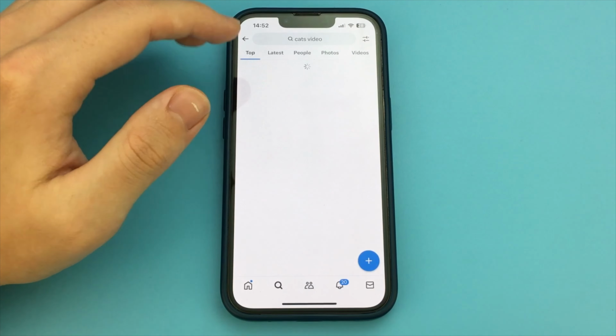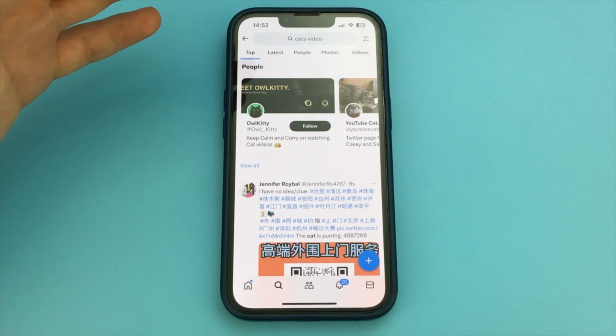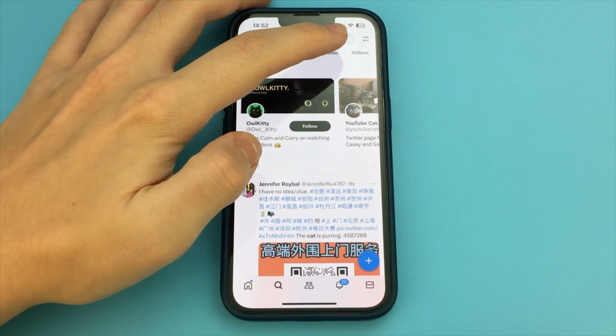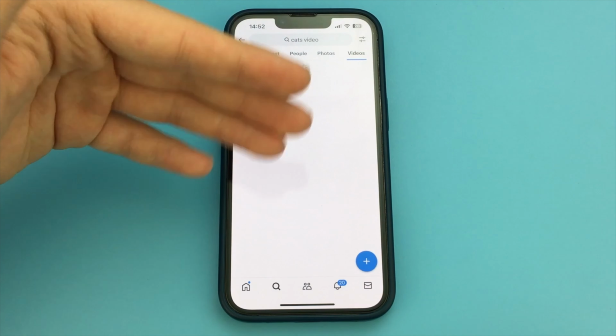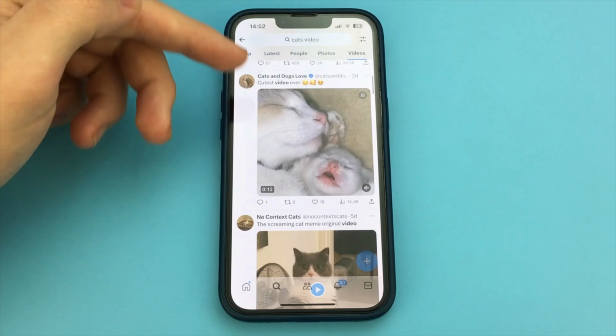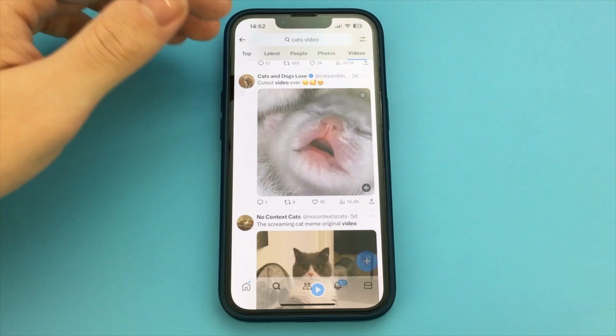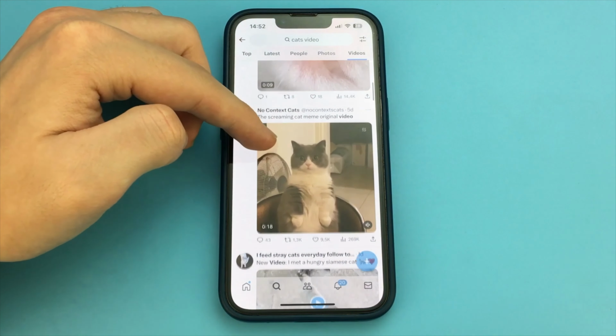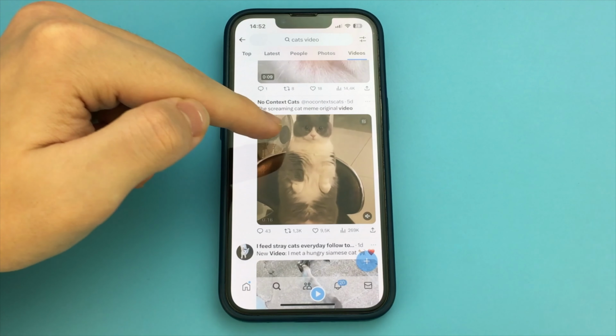Thank you. In this video, I want to show and tell you how to download video from XApp or Twitter. This method works great on iPhone and Android. Watch. Find the video you want and click on the three dots next to it. Or you click on the button, Share, and click on Copy Link.